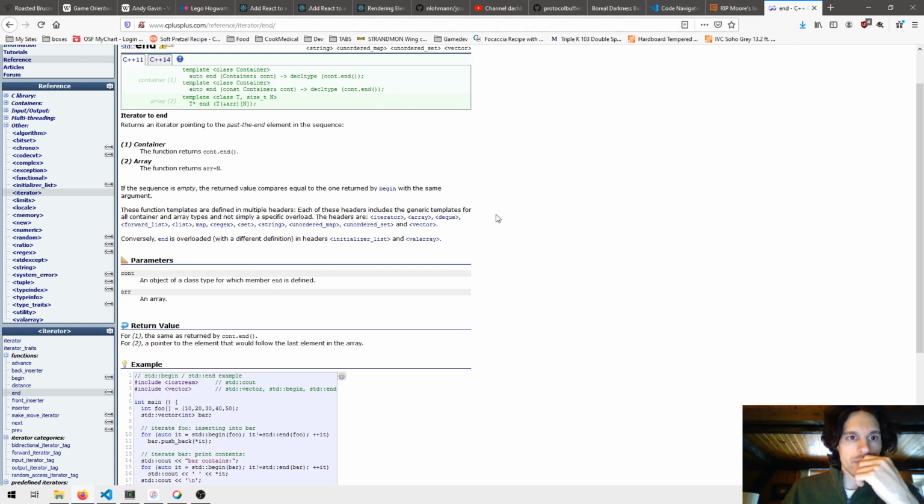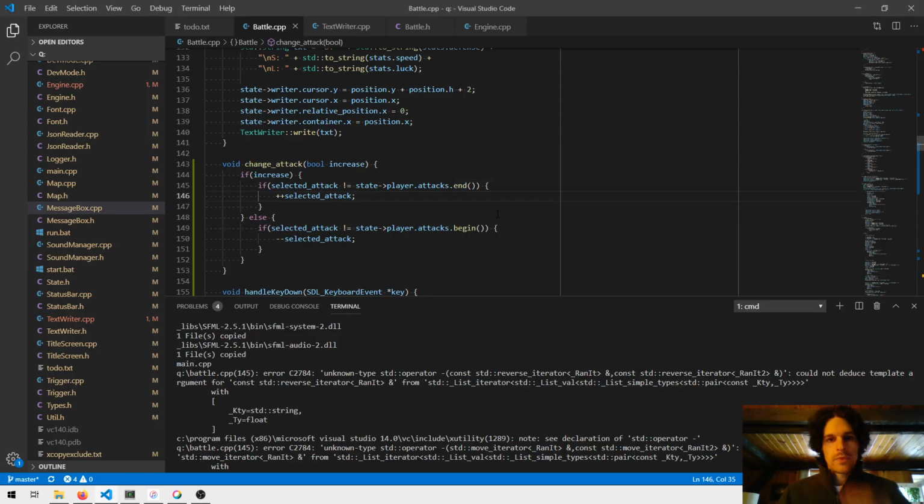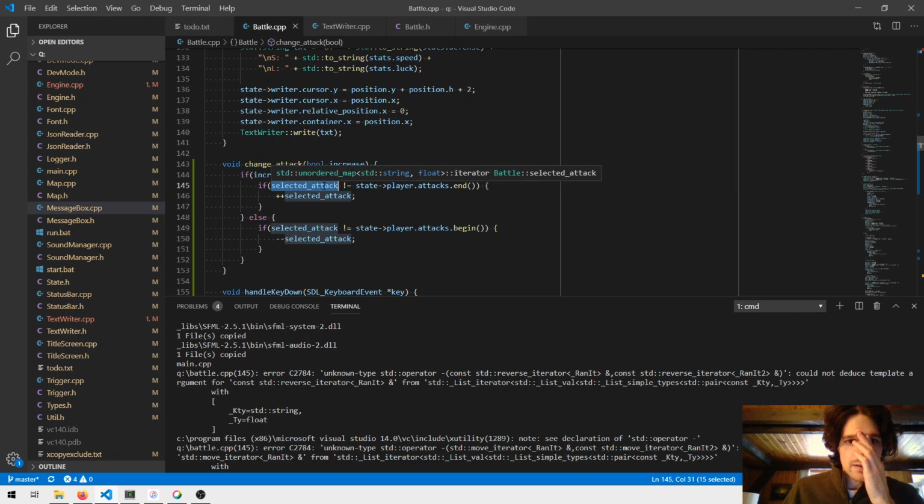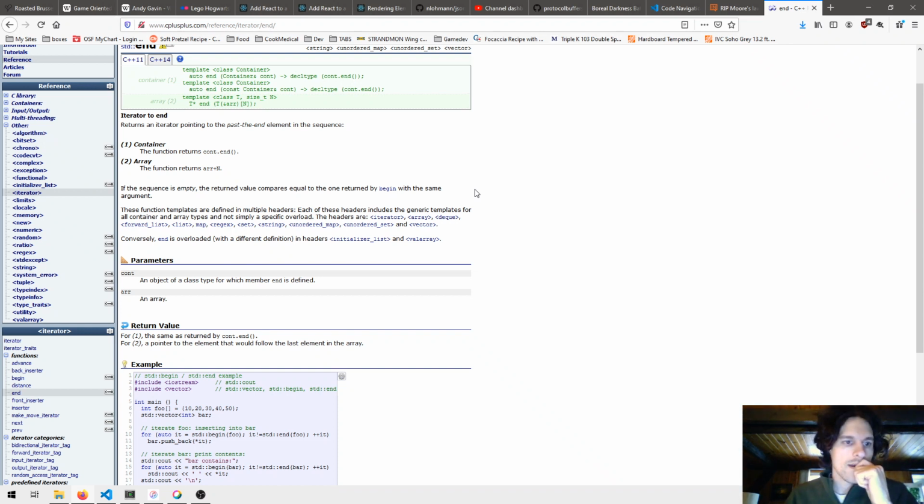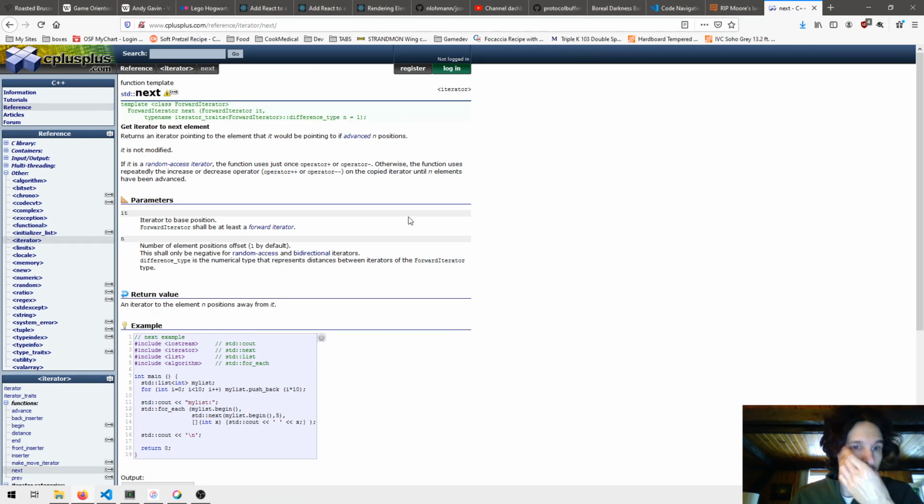Returns an iterator pointing to the past the end element in the sequence, so past the end. So attack is never going to be the past the end element, because that's... is next actually